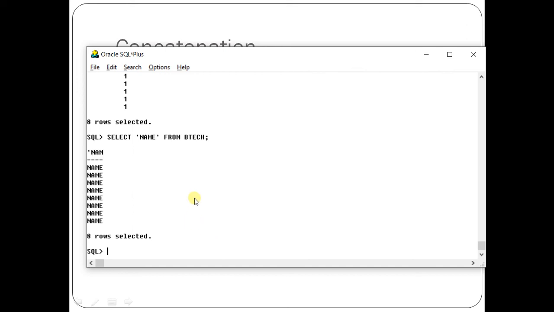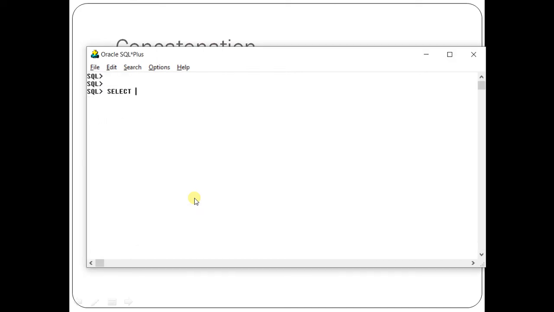The same thing when used with dual has a different kind of output. Now suppose you type select 1 from dual, what will come? How many outputs will come? You can see only one output has come, because dual is a temporary table. It is not related to any values from the user table.